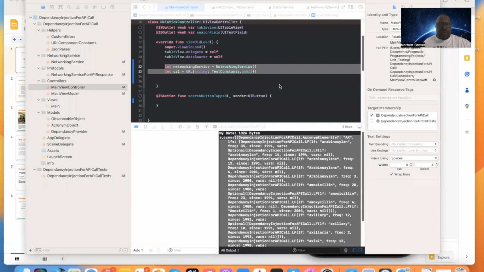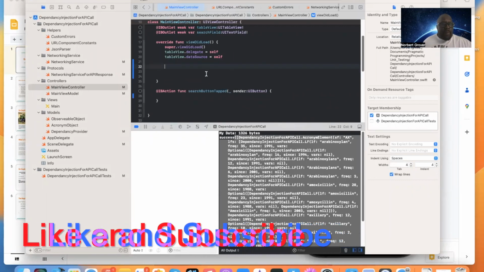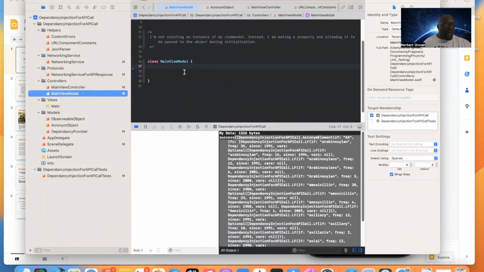Okay, so now we're gonna go ahead and start working on our view model. Let's go ahead and delete this. Okay, so we know this works. And we're gonna start putting the stuff in our view model, and then we're gonna implement it from the view model. Right now we're just gonna go ahead and get the function working, but we're not going to use our